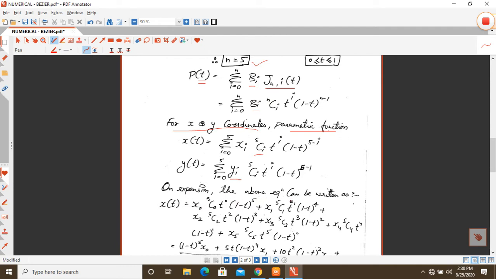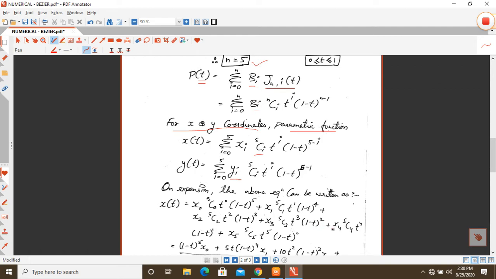On expansion, the above equations can be written as x(t) equals, summing from i equals 0 to 5, x0 5C0 t^0 (1 minus t)^(5 minus 0), that is 5, plus then we increment it by 1: x1 5C1 t^1 (1 minus t)^4, plus x2 5C2 t^2 (1 minus t)^3, then x3 5C3 t^3 (1 minus t)^2,